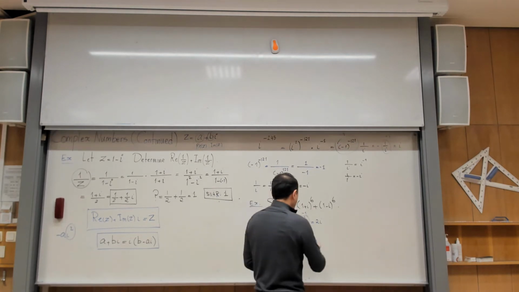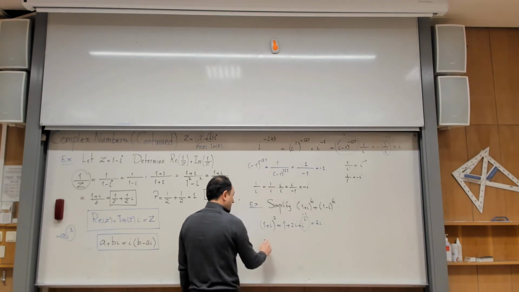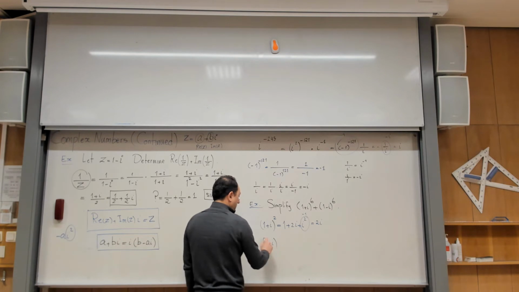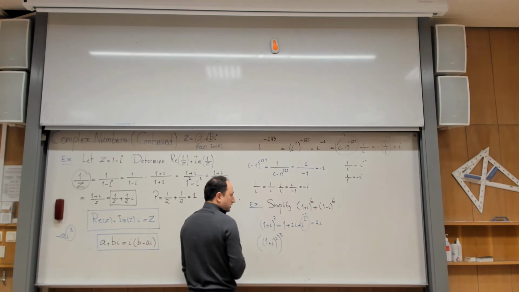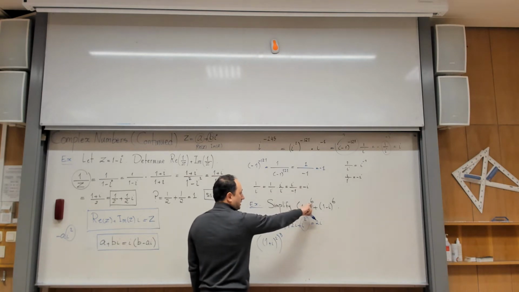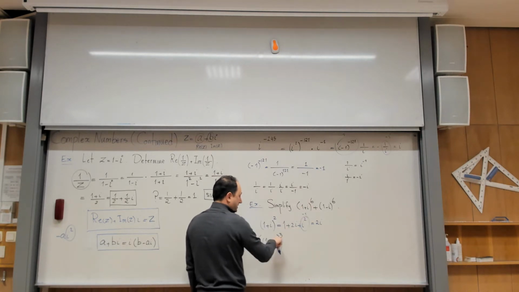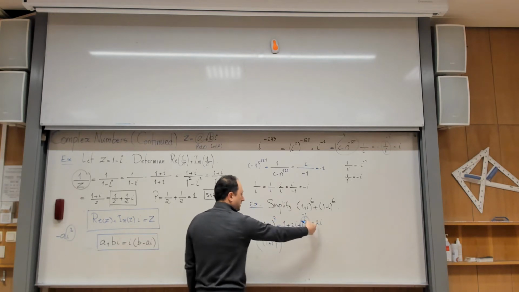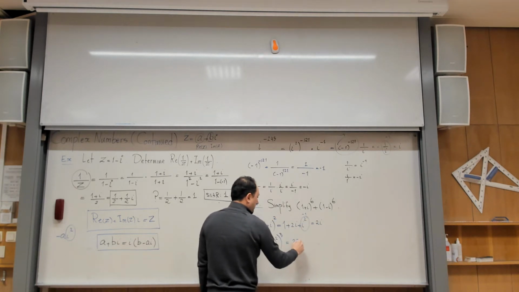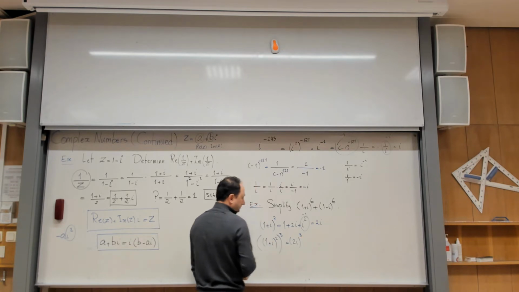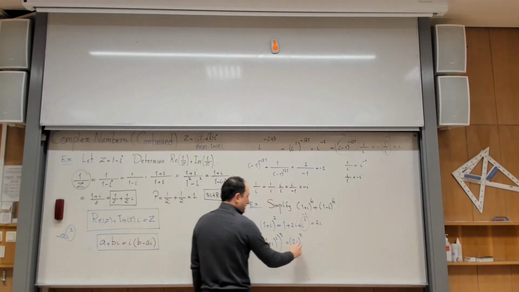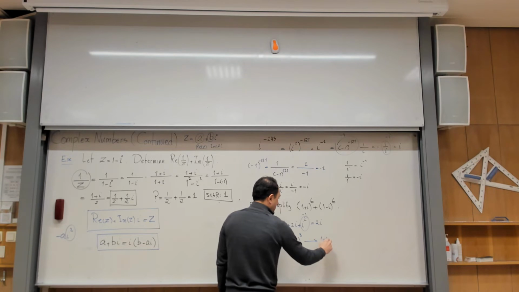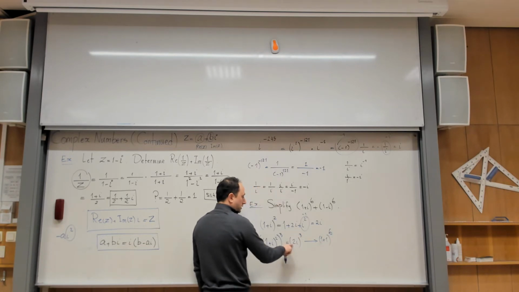Why? Because now, if I want to calculate the first part, I have to calculate this power 2, another one to power 3. The reason is that I want to calculate 1 plus i to power 6. Okay, and when I raise this one to power 3, I have to raise the other one to power 3 as well. But this one becomes exactly what I need. But this one is not hard to calculate. It becomes 8